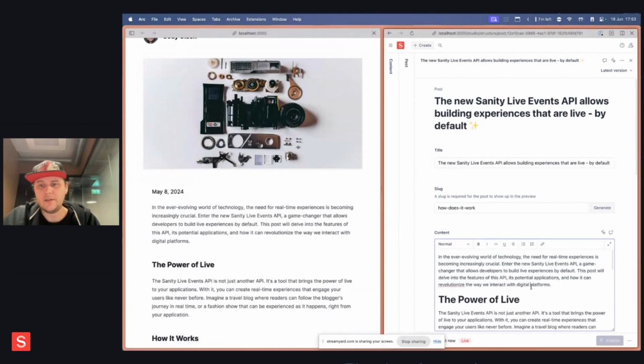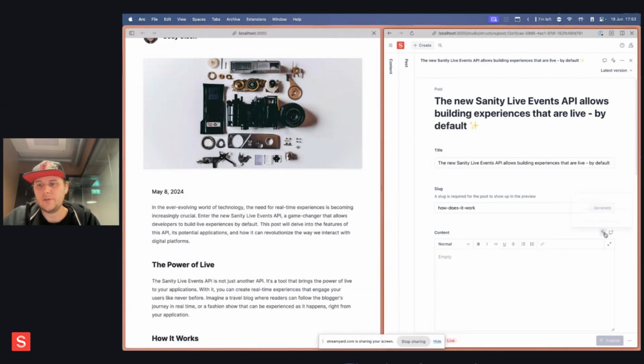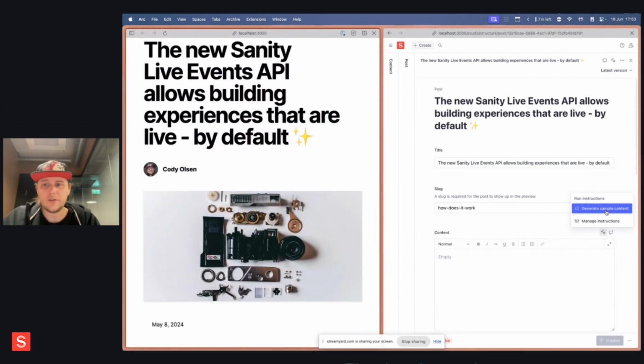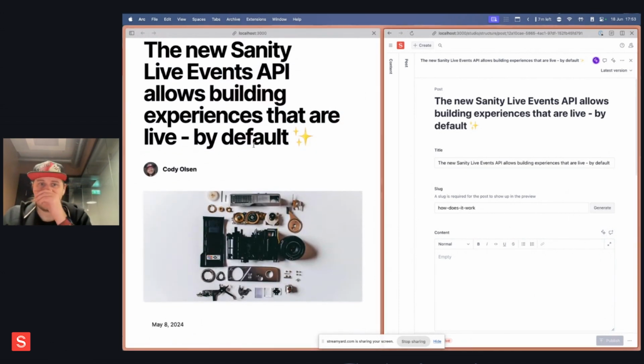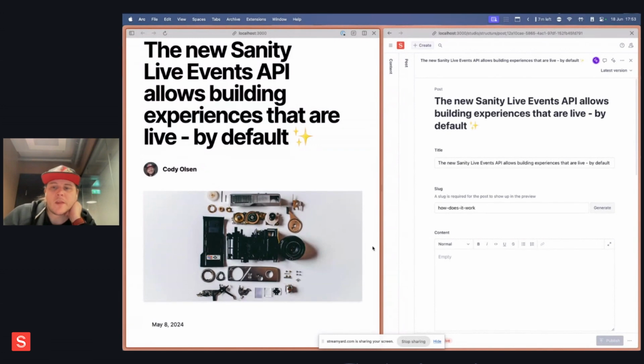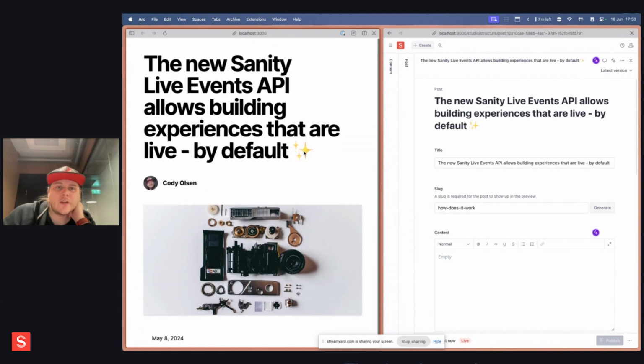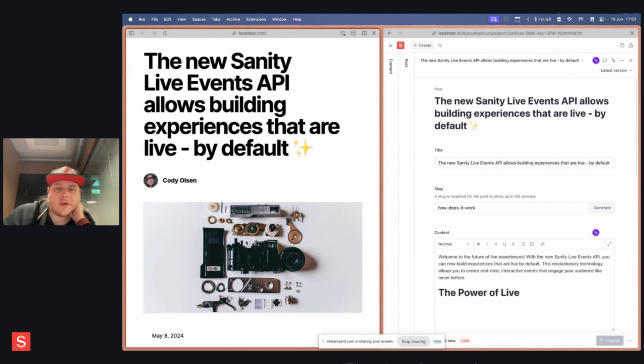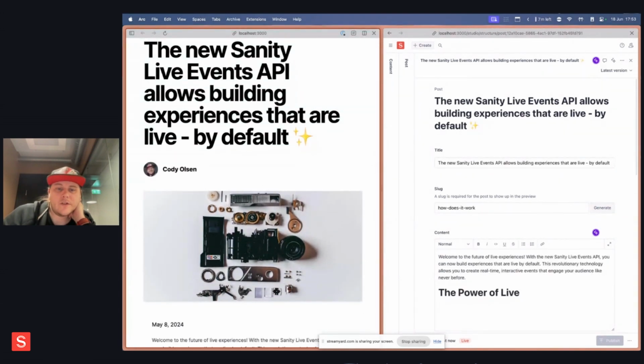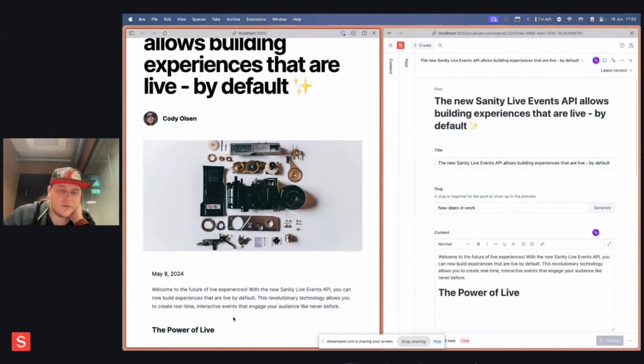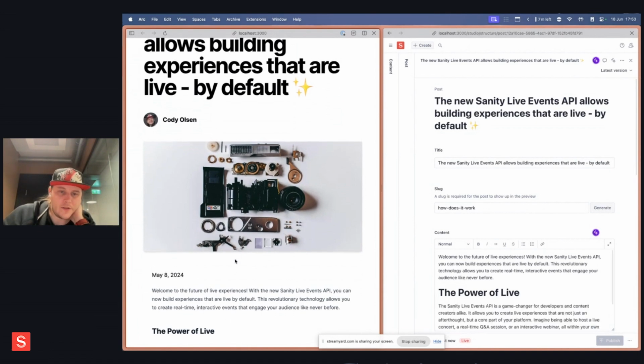To show at the end is just how it works when you use the AI assist, generate sample content. Now the content is gone. Give me some new content, and then hopefully ChatGPT is online. There we go. It's working, and now we'll see. It will re-render as the content is filled in. And this experience is